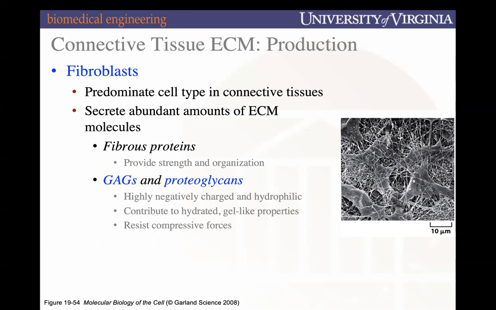Fibroblasts are what secrete most of our ECM. They secrete the fibrous proteins that provide strength. They also secrete the GAGs and the proteoglycans that have immense negative charges, and hopefully next class we'll talk about why those negative charges are important. And they're incredibly hydrophilic. They can contribute to the hydration within our different tissues, and they provide resistance to compressive forces. I'm going to hit stop there,